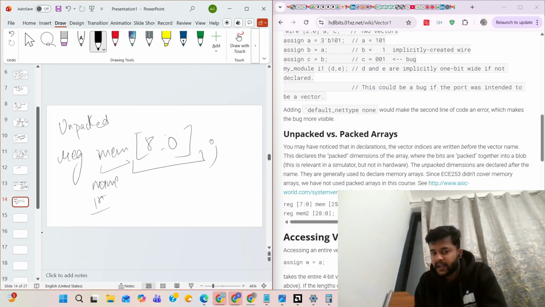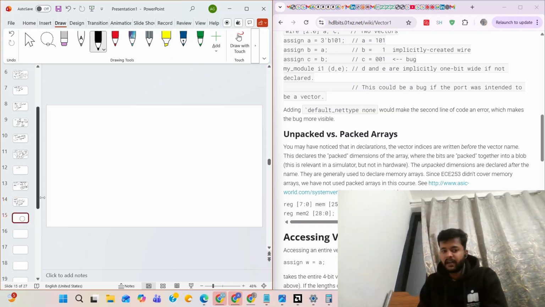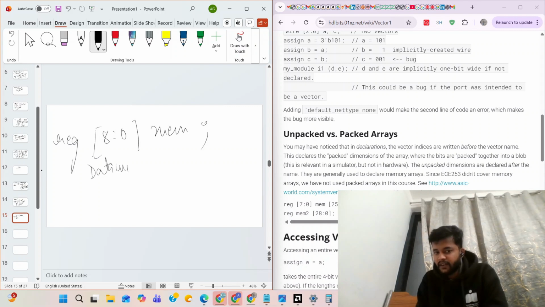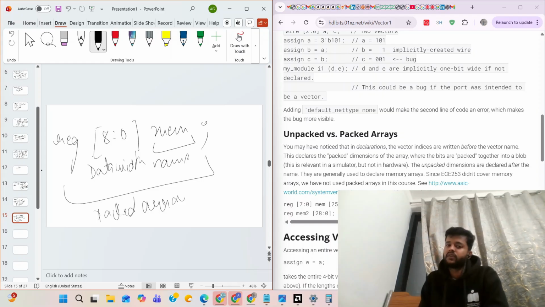First you wrote the name, and after that you told the data width. If you use it that way, it will be unpacked. But if you use reg 8 down to 0 mem, where you define the data width first and after that you write the name, then it will be considered a packed array. So this is the core difference.